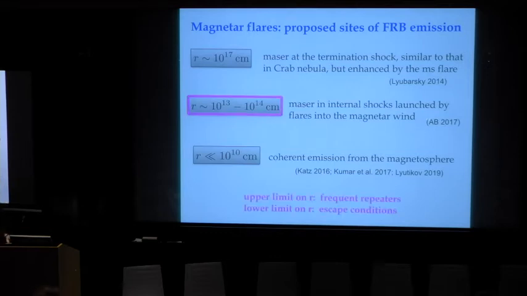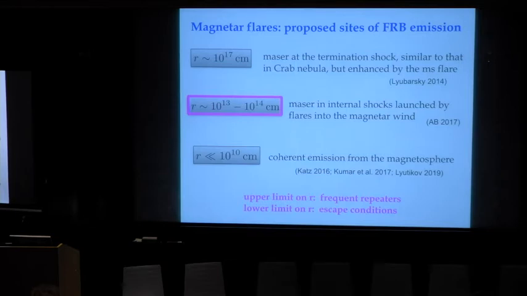All right, so the reason for me to focus on 10^14 centimeters is that I don't think it's easy for this intense radio wave to get out from a much smaller radius. And if I had more time, maybe I could give you some arguments, but it's an open question at this point, and it's not yet completely established what exactly the escape conditions are for these bright